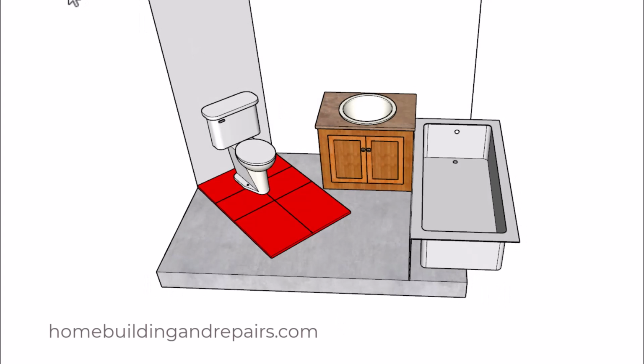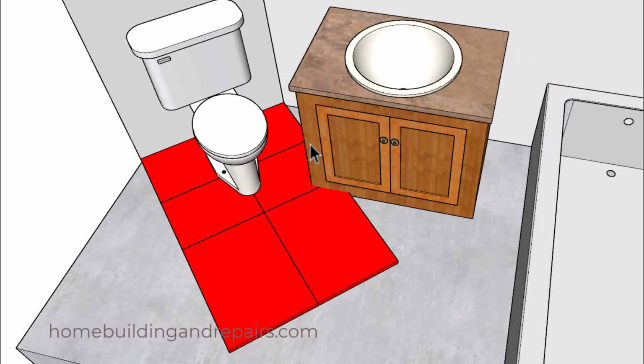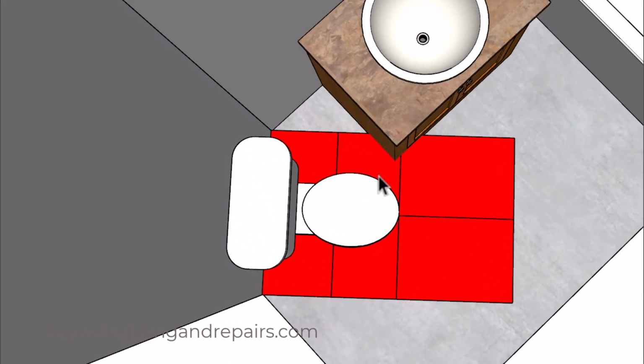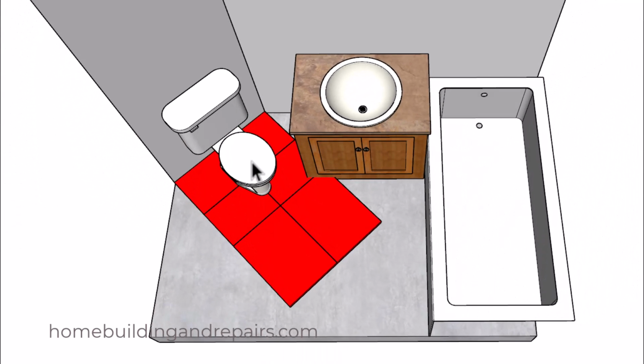And I know what some of you are thinking, wait a minute, why don't we move everything over because we got plenty of room here? If all they're asking for is 15 inches off of the center line of the toilet, and we're going to measure that over here. And for those of you wondering where I came up with that argument, it was from one of our viewers who was having a difficult time figuring out that you're not going to have a lot of room right here, even though there's a good possibility that we could fit something like this into our original